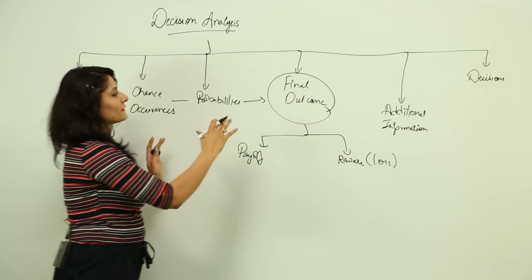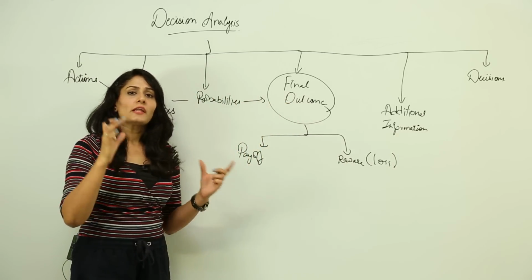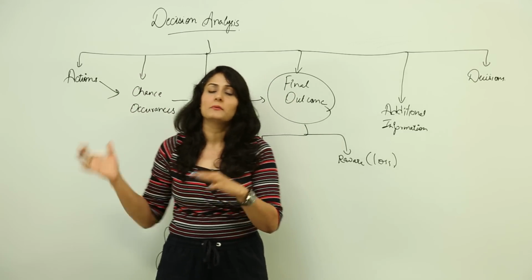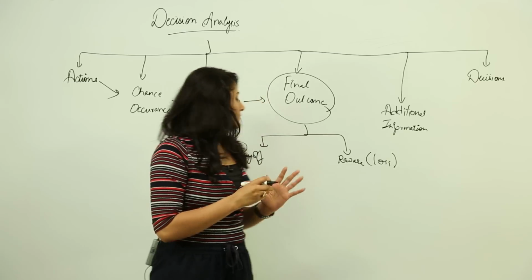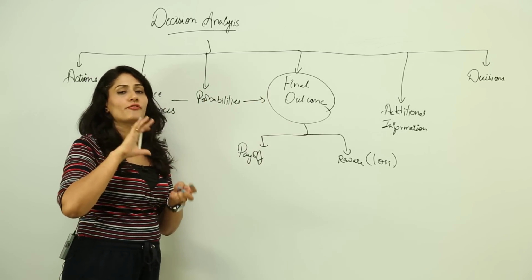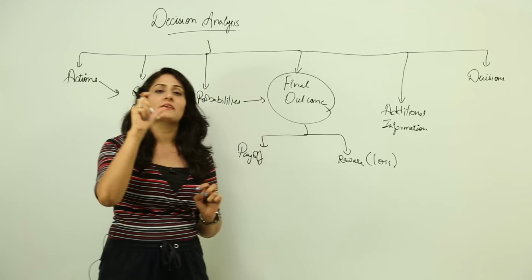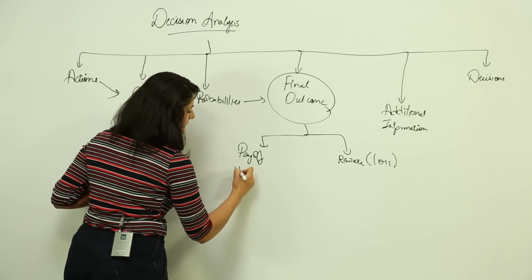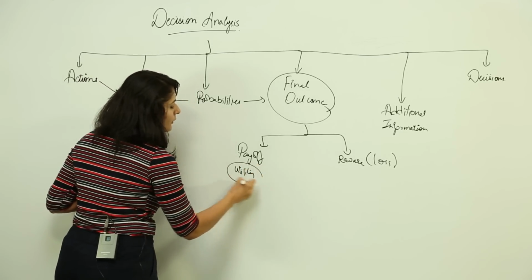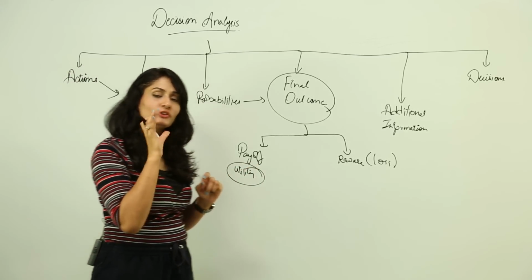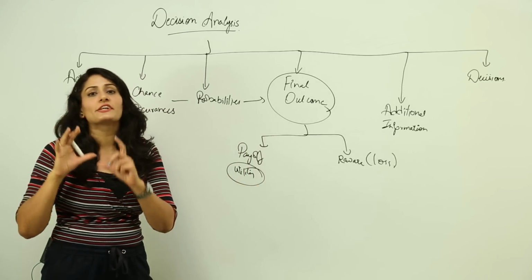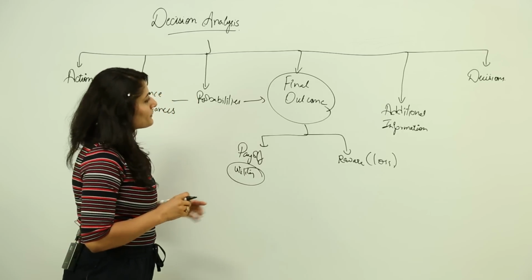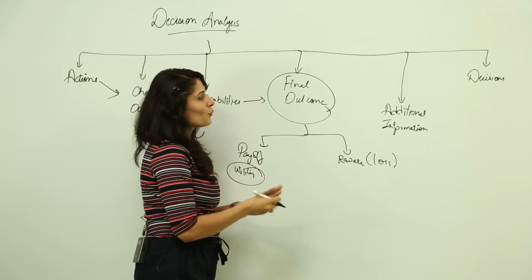Right. So now when this final outcome is viewed as a payoff, this payoff is usually calculated in monetary terms, not in the case of our example, but in most projects, and basically it is a benefit which we are trying to achieve, and it is also known as utility. Now this is a very important thing because this is the utility in which a decision maker is interested. So this is what he wants to achieve, that is, utility out of his actions, right?